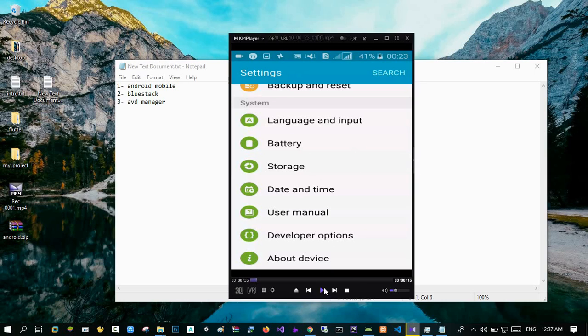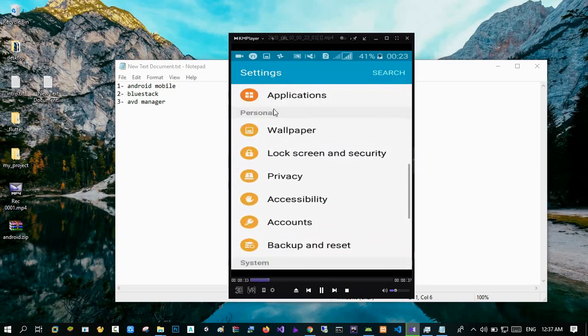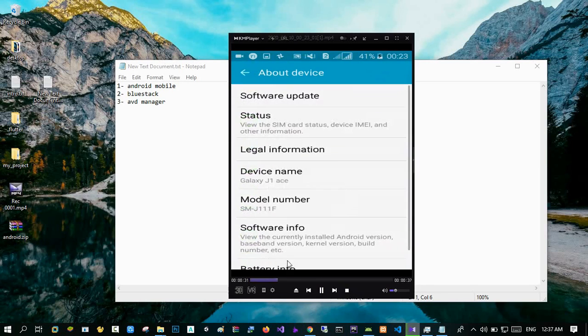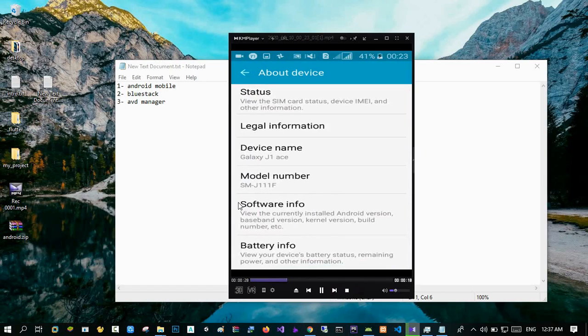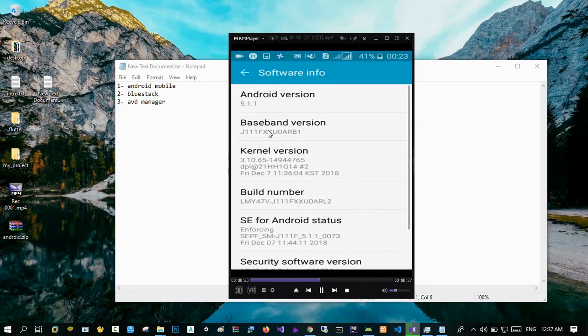But how should we enable it? To enable it, you should go to Settings of your phone, and here you should select About Device. In this video, as you can see, I go to Settings and select About Device. In the About Device section, you should find Software Info. Yeah, here it is, Software Info, and select it. This page shows several pieces of information about your